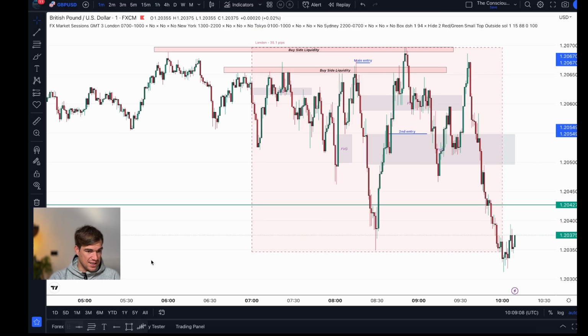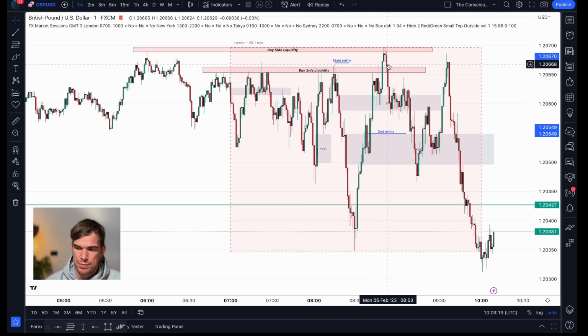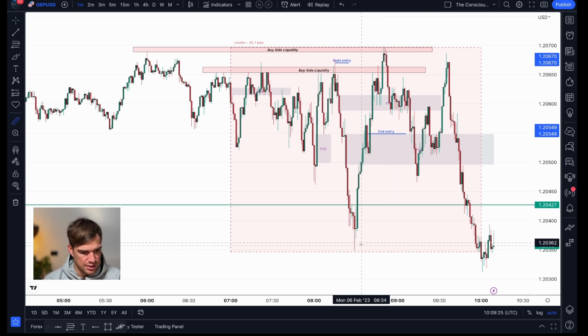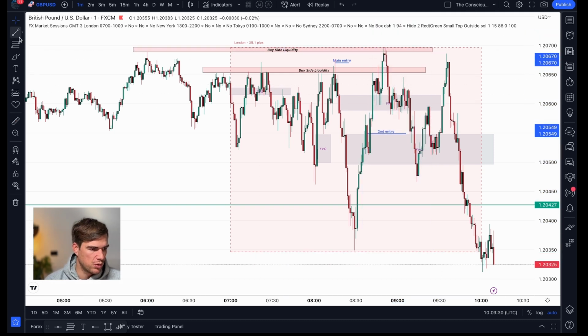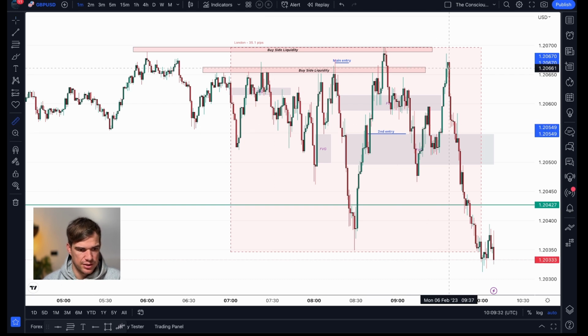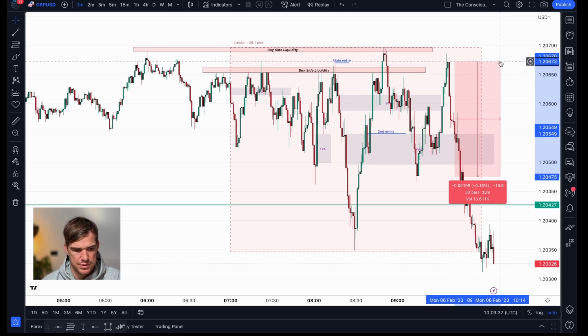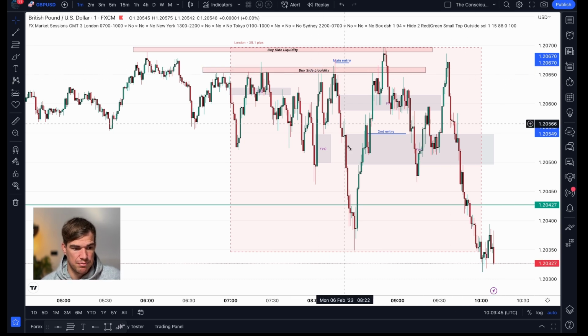That's why you're here, to see how I managed this trade, what was my bias, how I managed to correct my wrong bias. And as you can see, that long position would have paid me if I was long. That is, let's see, 34 pips, way over what I'm looking for in a trade. And this move that actually paid me down to this, it was 20 pips. So both ways would have worked. The key though is I would need to manage it. I need to manage these trades.